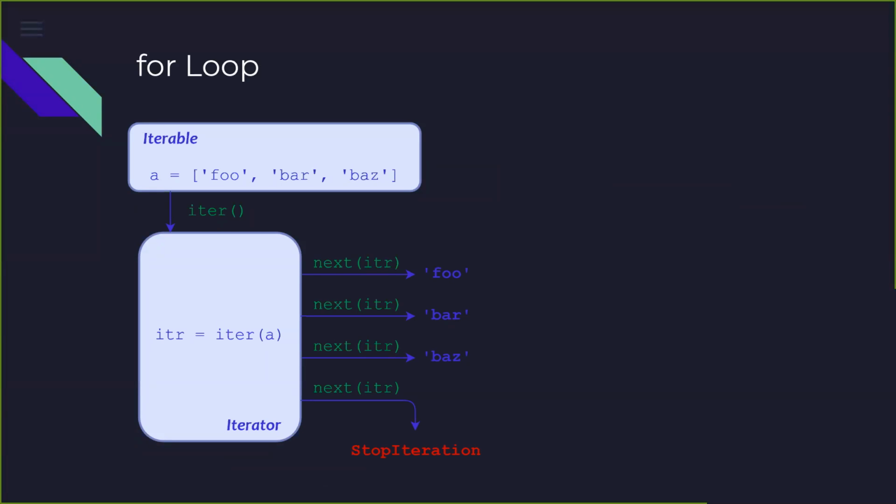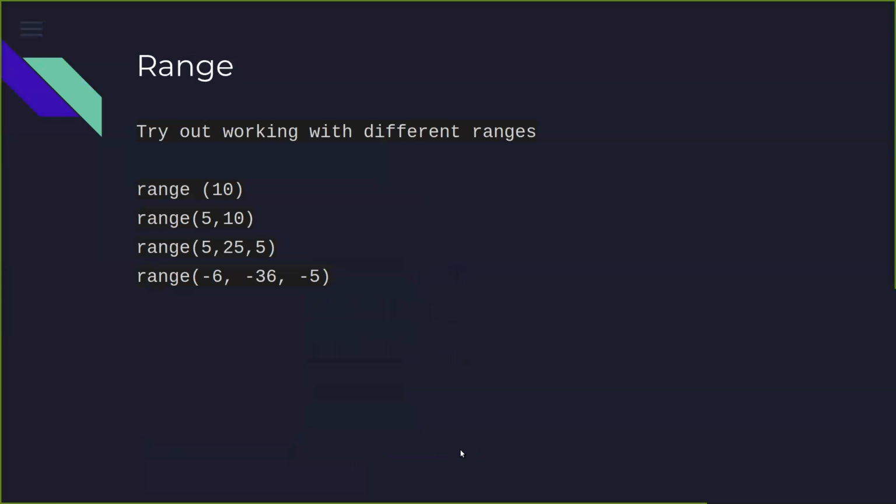So how does the iteration happen? If there is an iterable object A, then the system creates what we call the iter object, and then it takes each item one by one, and once the last item is over, it stops iteration. We saw how to define a range and how to do a for loop over a range. Range has the same structure as slicing, that is start, stop, and step. These are the three things in the range.